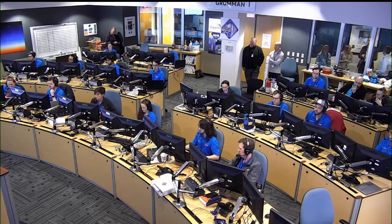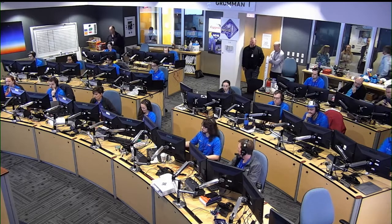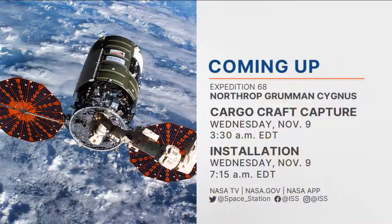And while we won't cover this event live, the next major milestone for the spacecraft is to deploy its solar arrays. 2 days from now, on Wednesday, November 9th, Cygnus will arrive at the orbiting laboratory. Our coverage of rendezvous and capture begins at 2:30 a.m. Central Time. Cygnus is expected to be robotically captured at the controls of NASA astronaut Nicole Mann and Josh Cassada